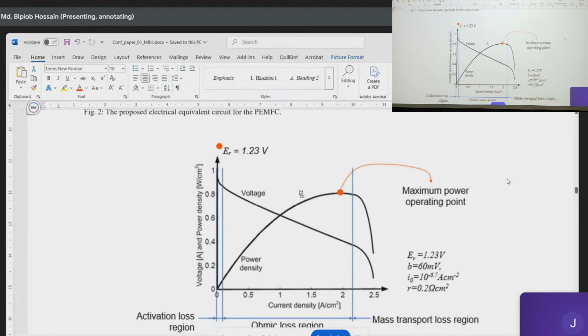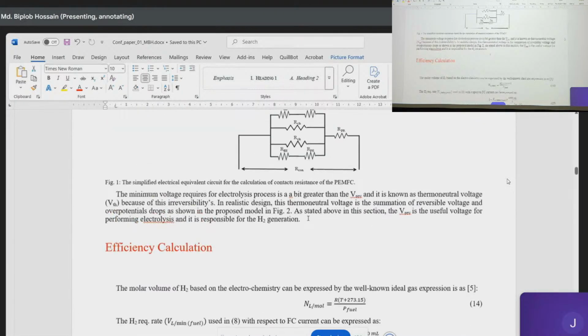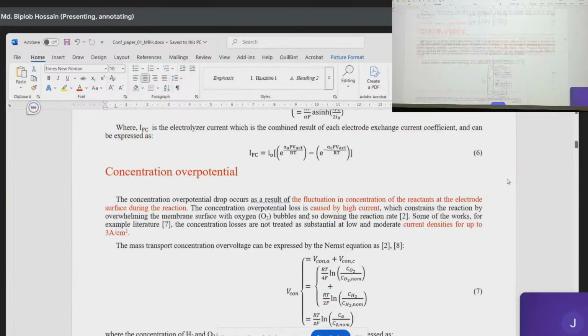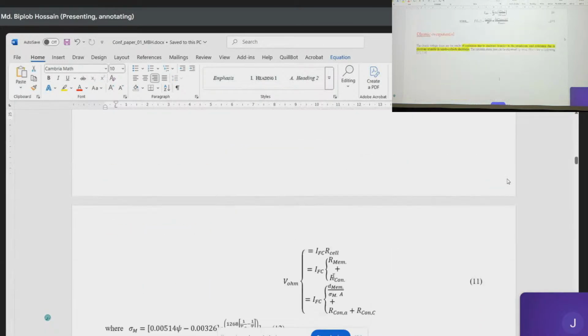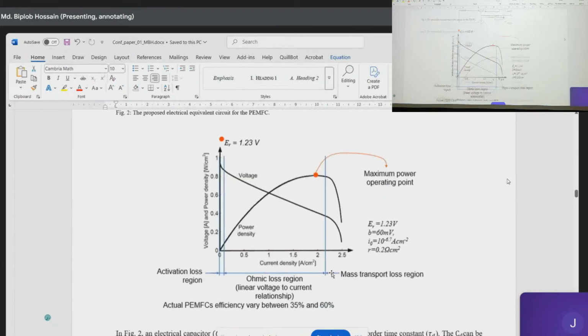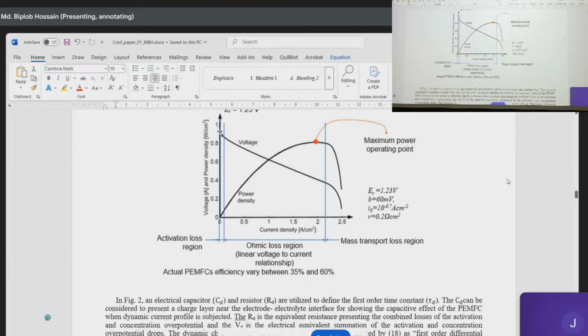Because if we see the final equations here for the activation voltage drop, you see it is not a linear relation, it is a non-linear relation. So that is why this curve also shows non-linearity here. And after that, until this vertical range, here we see another vertical, this region is a linear region,